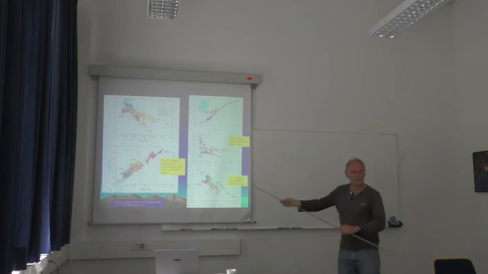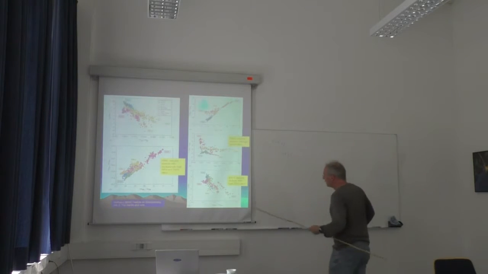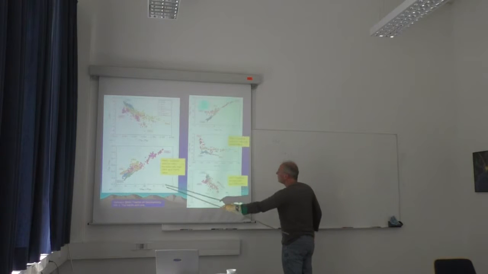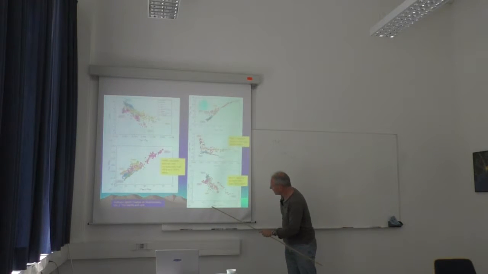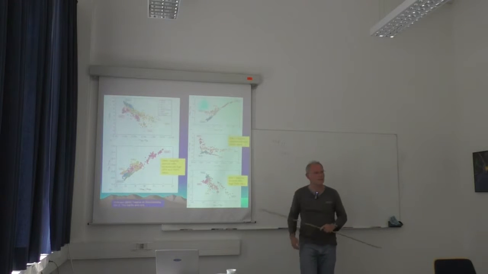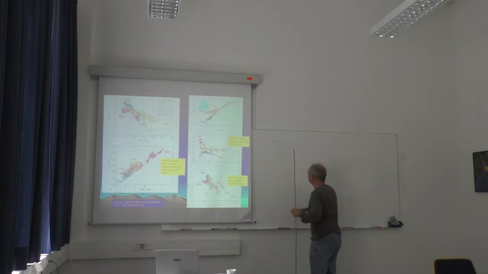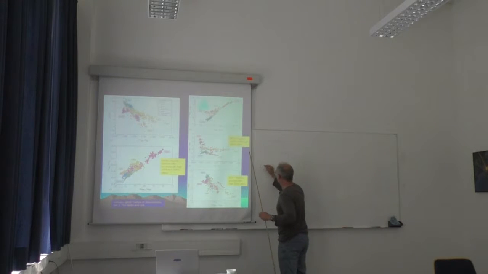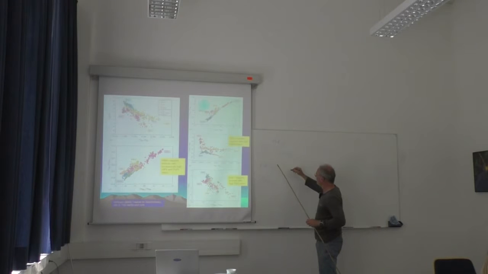You have to look at various diagrams to find some special characteristic. When you look at all these, maybe it's more difficult. When you look at this one here, we have the thorogenic lead against the uraniogenic lead, and that gives you the 208 lead over the 206 lead, and this is equivalent to the